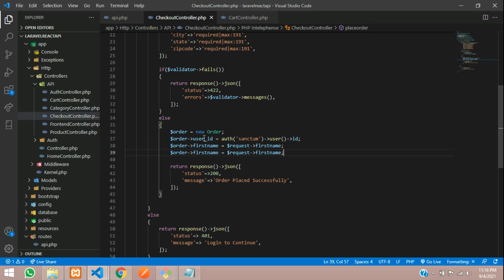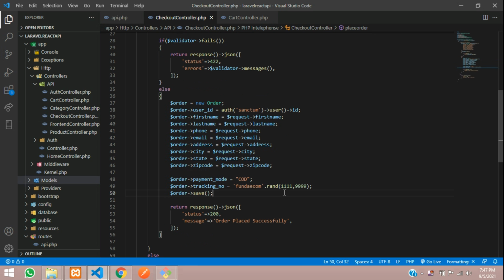Done. Let me just complete all the fields, guys, and show you the output. So guys, I have now completed the orders, all the table, column fields and the request. Okay, so guys, there was one thing to change in our orders table. So let's go to our